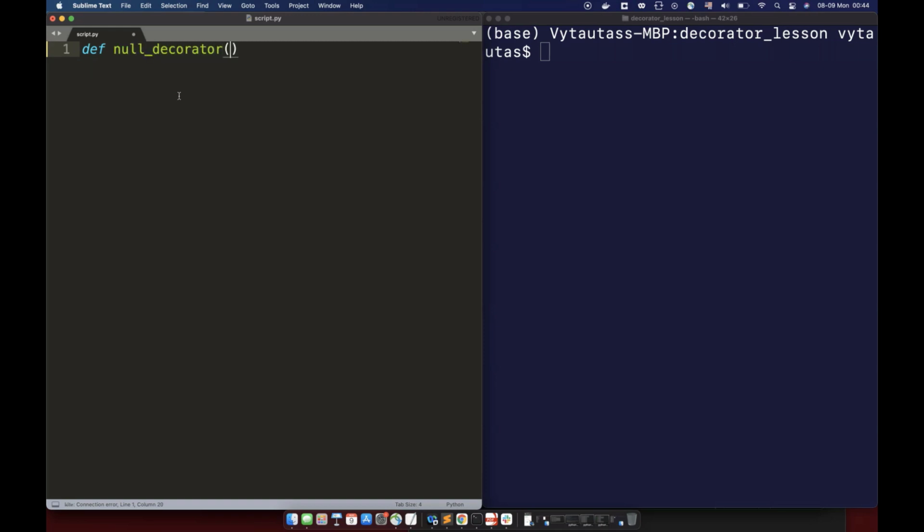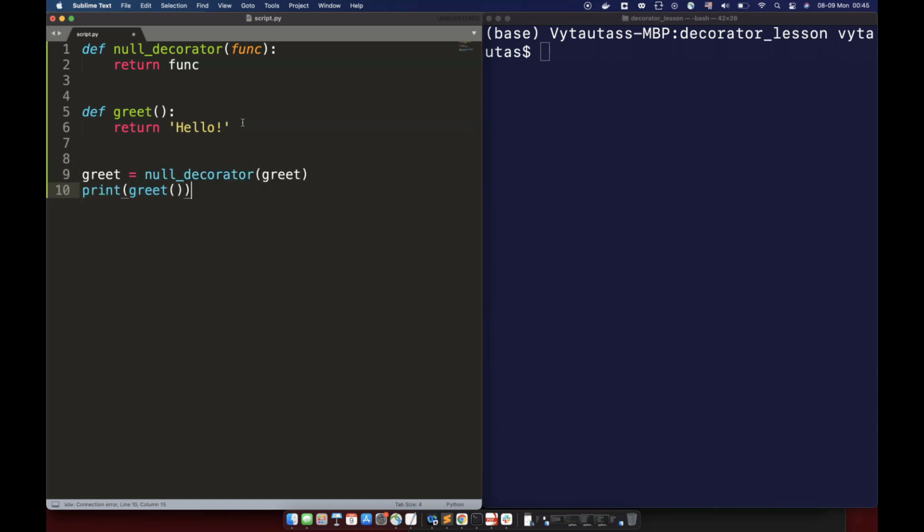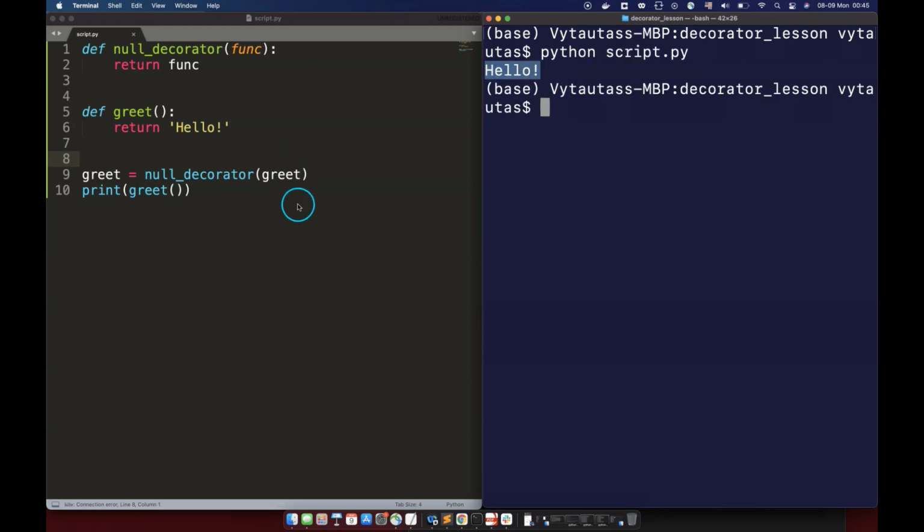This looks like this. As you can see, null decorator is callable. It's a function. It takes another callable as its input, and it returns the same input callable without modifying it. In this example, we have defined a greet function and then immediately decorated it by running it through the null decorator function. This does not look very useful yet. I mean, we specifically designed a null decorator to be useless, but in a moment it will be clarified how